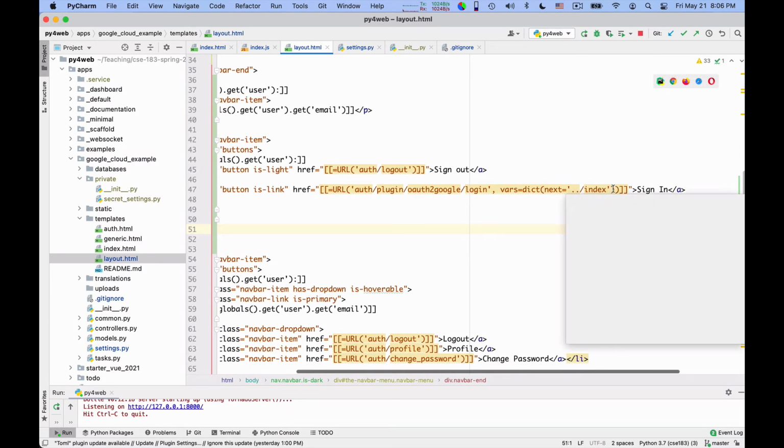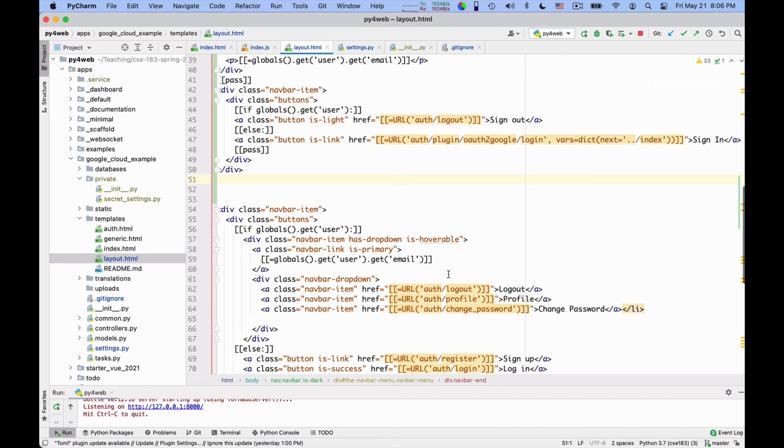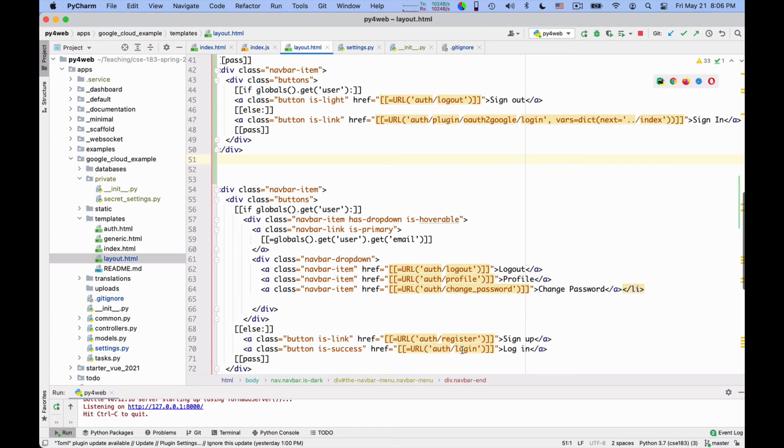You can decide how to call them. It actually directs to the Auth plugin, Auth Google login. So you see the link to login is different. It used to be auth/login, and now instead we need to point to the plugin directly.